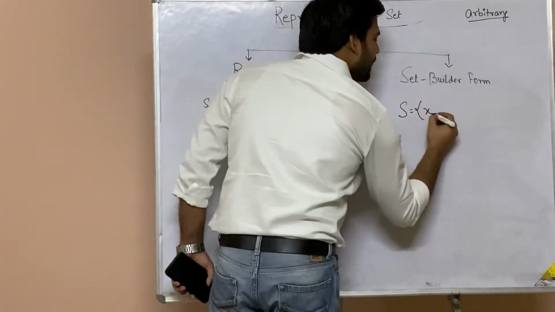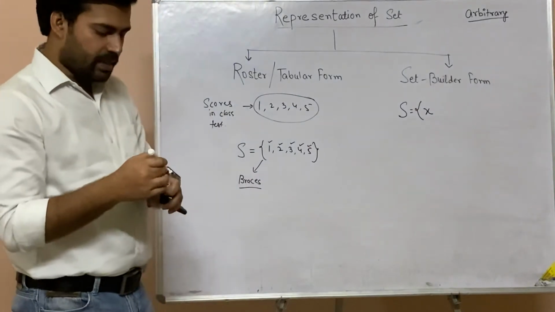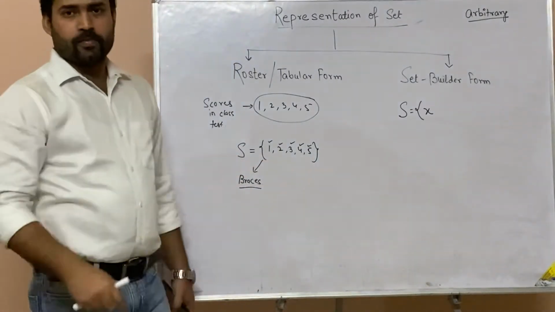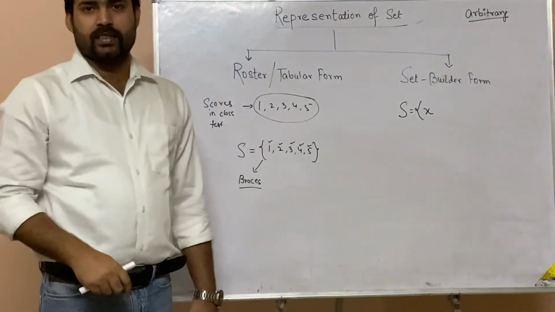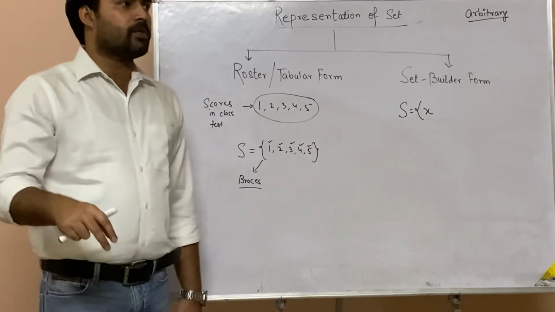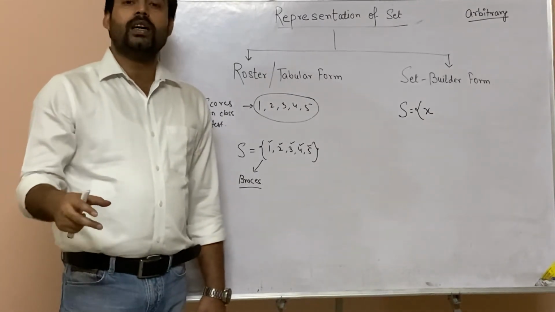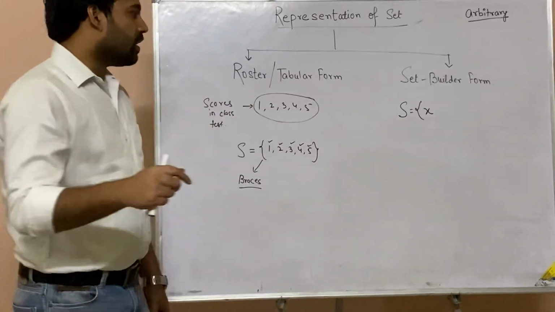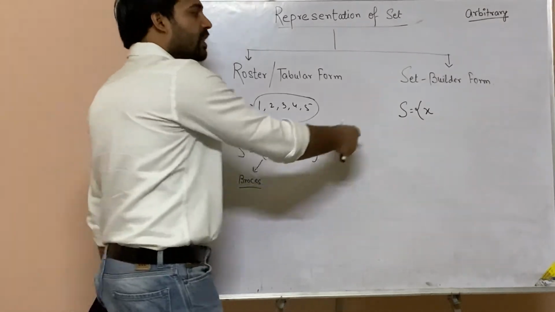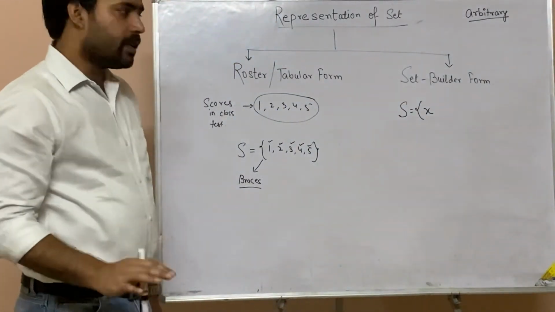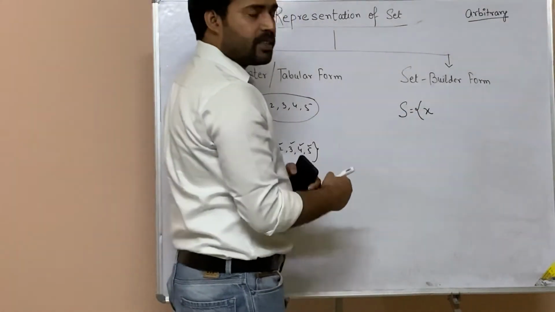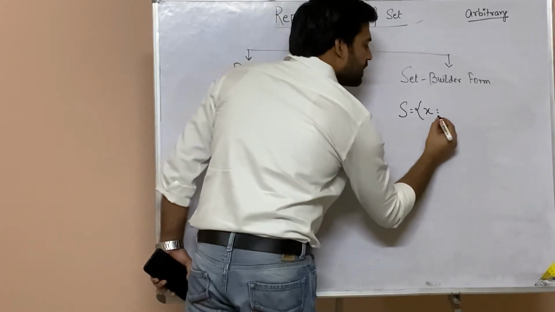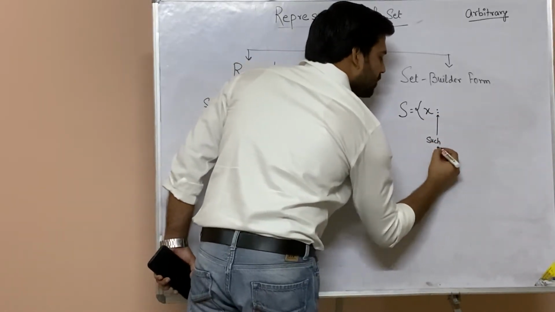Let the arbitrary element be say x. You have taken an arbitrary element, x, suppose. This x is a kind of a representative. Just like we have the monitor in the class. Every grievance of the student, every problem of the student is basically solved by whom? The class monitors. So the class monitors are nothing but class representatives. So this class representative here also is the elements' representative. Clear? This is x. So x is an arbitrary element. Then we'll put this colon sign. This colon sign is read as such that.